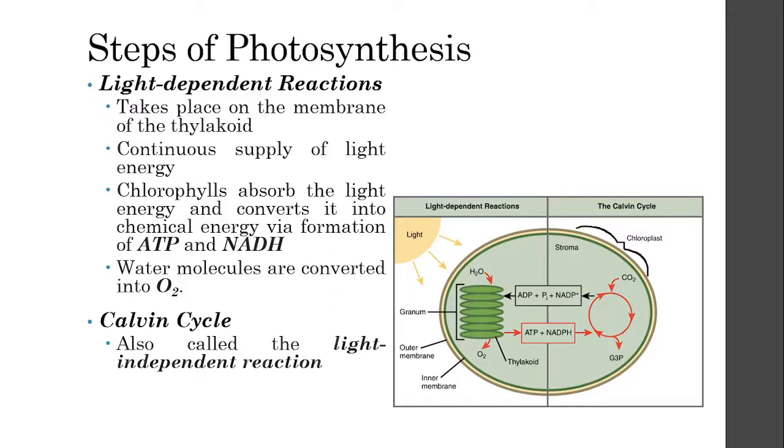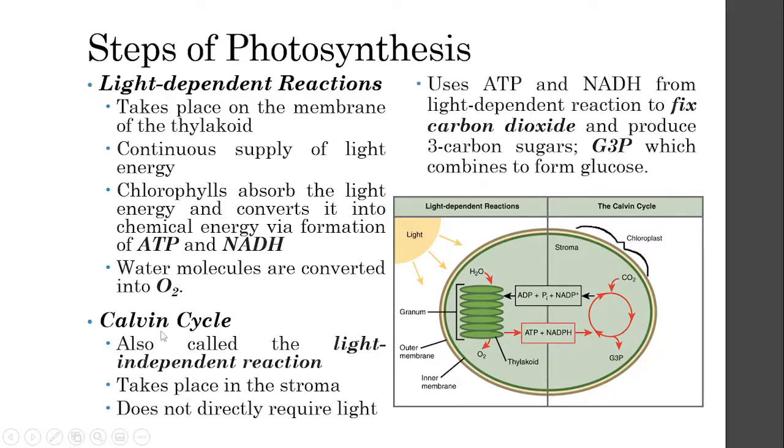This is a reaction that does not necessarily require light. It's indirectly requiring light, because the light is utilized by the first reaction, and then the Calvin cycle happens. So this Calvin cycle happens in the stroma. Remember, the stroma is the fluid-filled space that you will find in your chloroplast, and you will also find it inside your thylakoid. So what is happening in this stroma is that it takes the ATP and NADH created by the light-dependent reactions, and